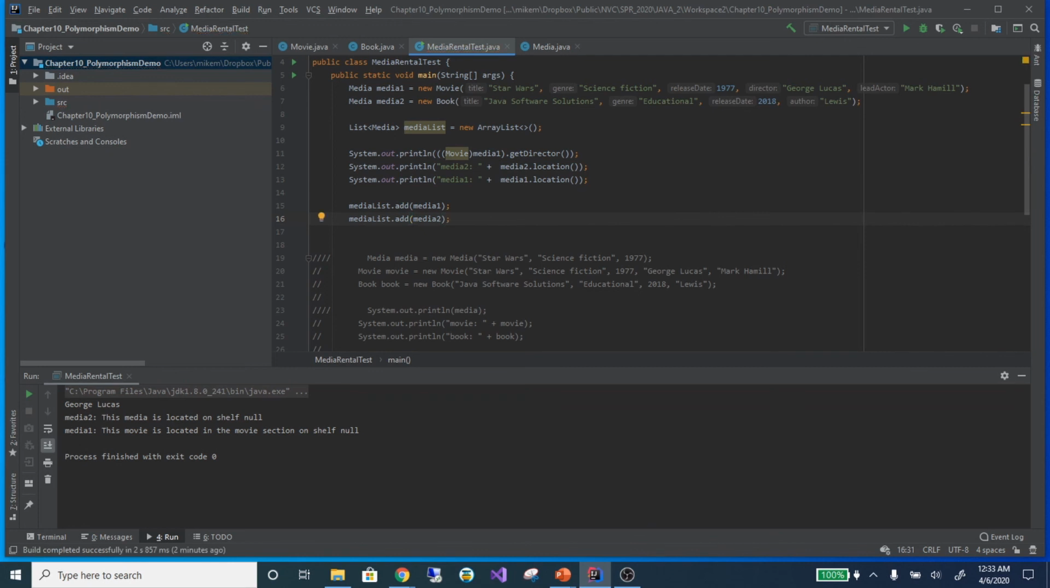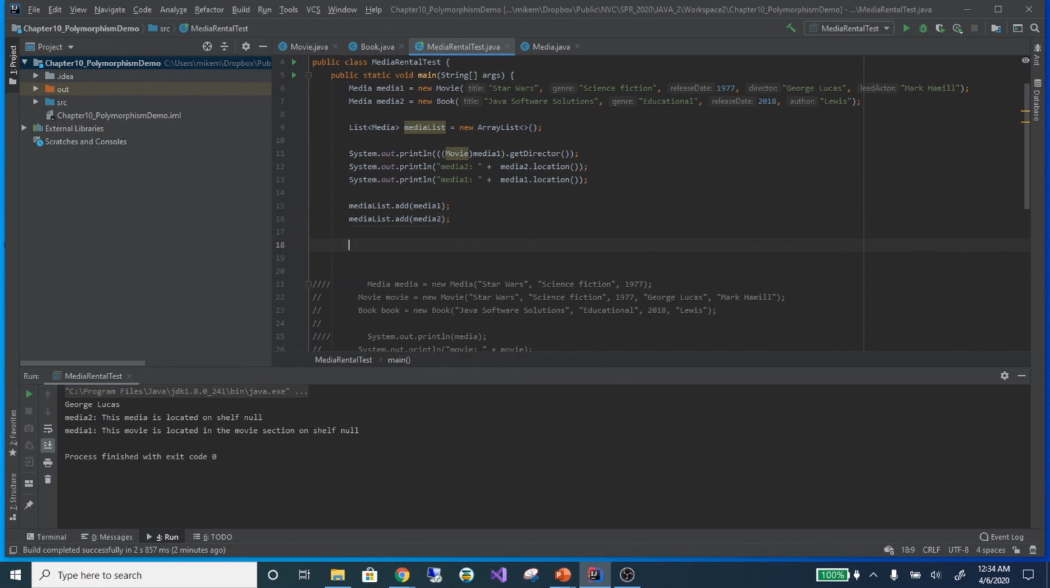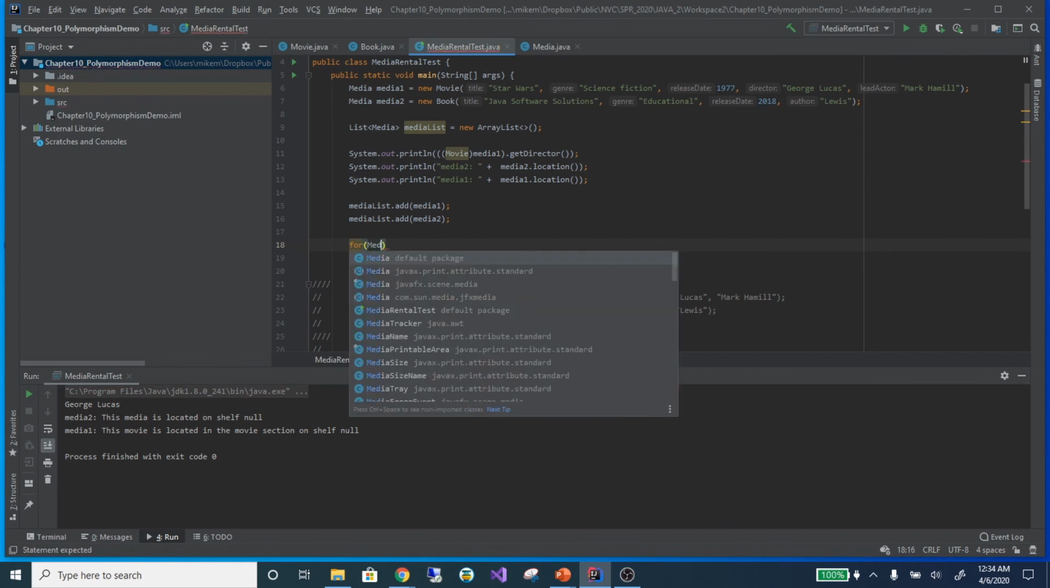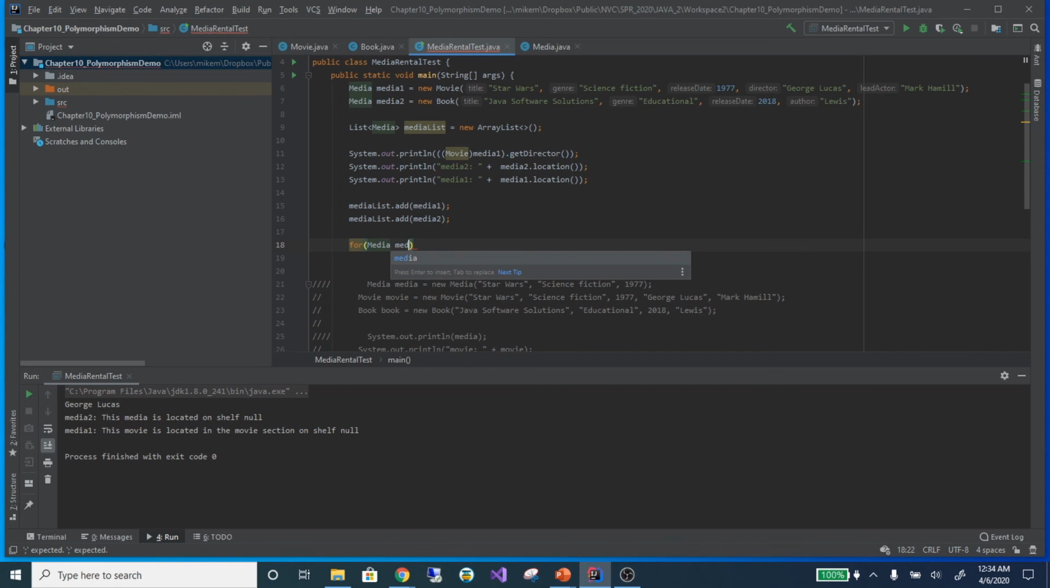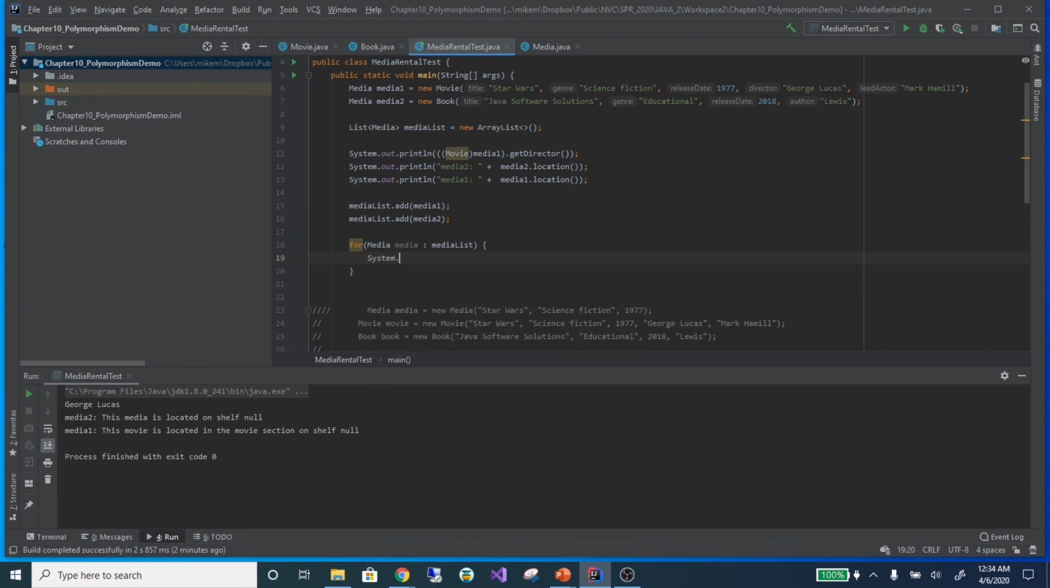Okay, so because I have a book and a movie, if I'm treating them as a media, Java sees them as the same object type. I can just put them into this list, and then if I needed to iterate through that list, I can do something like for media inside of media list. And then I can just do a System.out.println